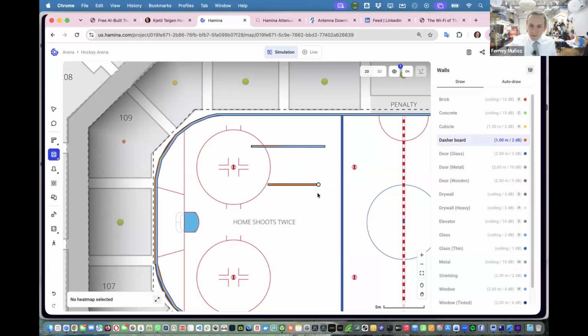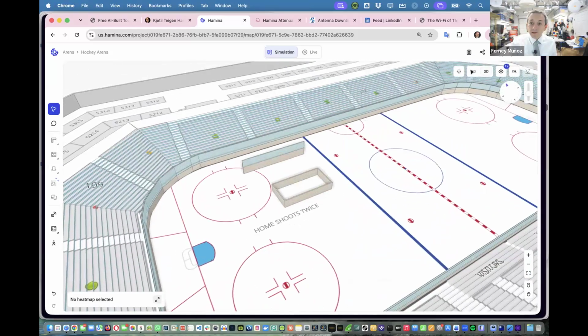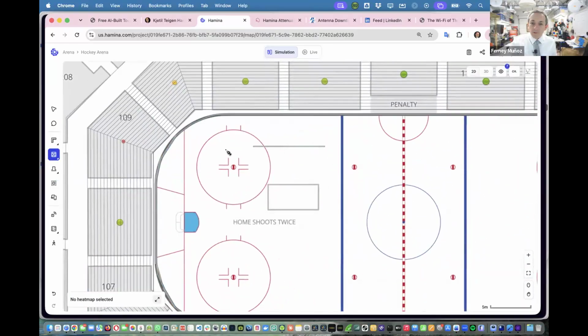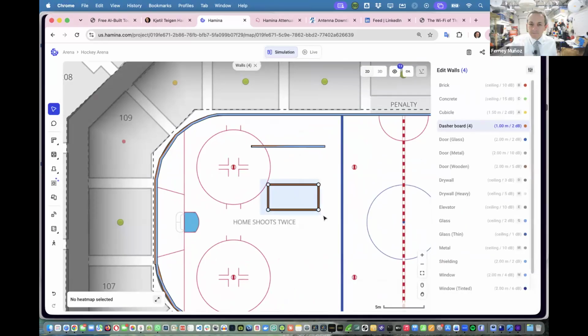So let's try this. If I do a dasher board here and there and here and right click, okay, let's just do an escape ring. Let's try the same thing. What we were trying to do is this. If I select this entire thing,